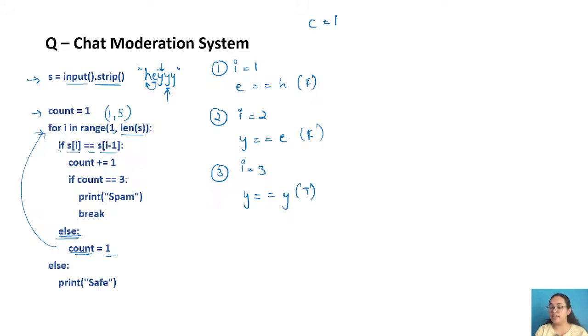It means there is a repeating element, two characters coming together two times, at least for now. Because the condition is true, we have to increment our count. Count was already 1 earlier, because we assume that one y is already present in the string. But if a second is coming, it means it is occurring two times. So we have to make it 2.